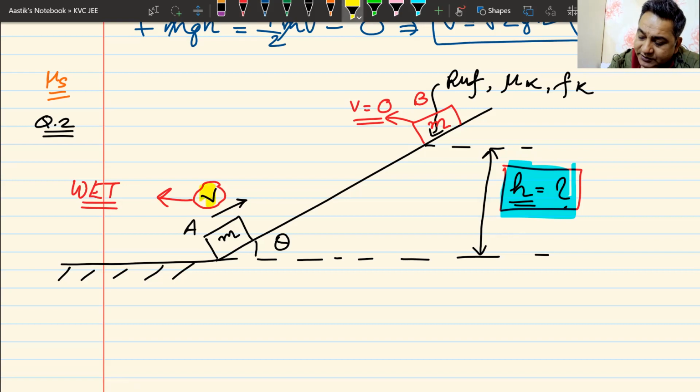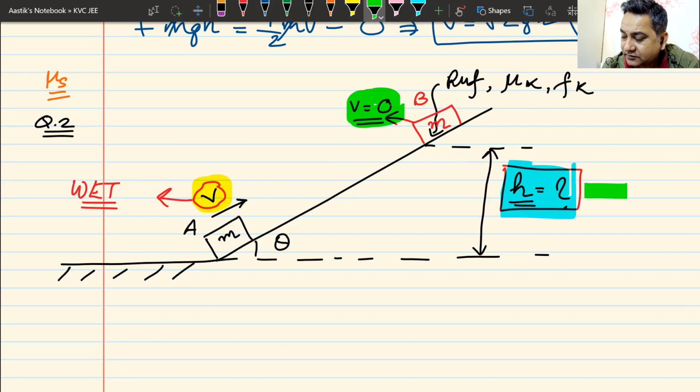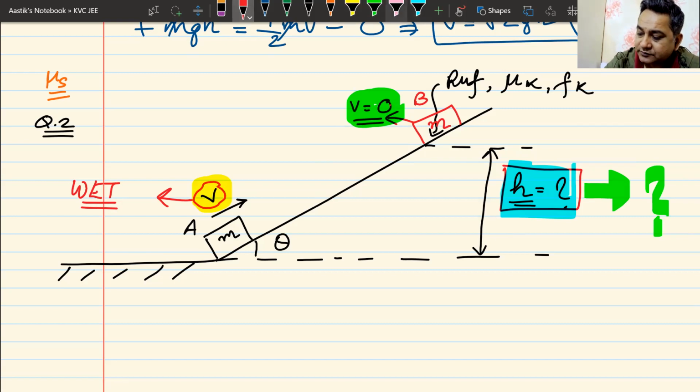At the initial point, velocity is v. At the final point, velocity is zero. That is one thing that I know, sure. I have to find out this. What else do I know? I know that I must apply the work energy theorem. These are the hints to you. Still, I give you a chance. Please try it and tell me how to do this.